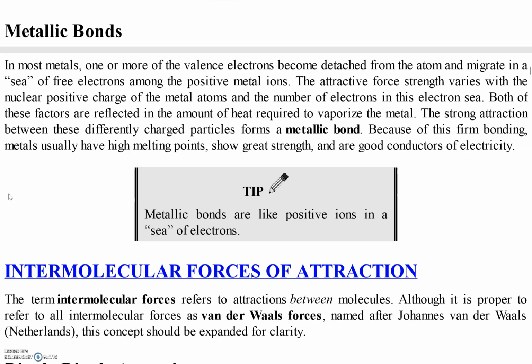We discussed ionic and covalent bonds, and now the third type of bonds happening between different atoms is metallic bonds. Metallic bonds are the reason why metals tend to stay together, metal atoms. So they are hard to melt or hard to vaporize. What happens is electrons are freed from atoms of metals and they are attracted to the nuclei of other atoms of the same metal. So the atoms become more strongly attracted together.